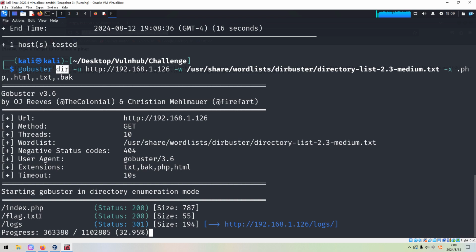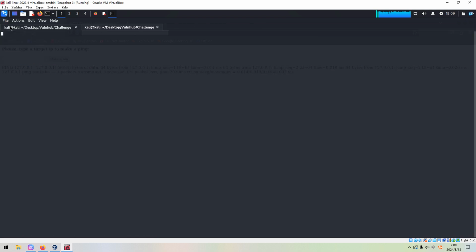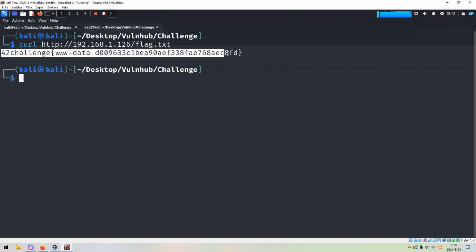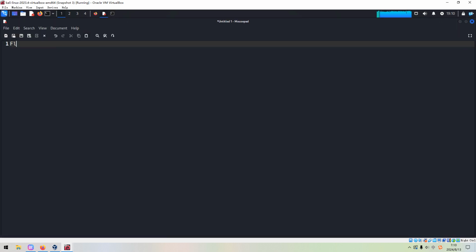As you can see, we can get the first flag. So maybe I can open up another tab. Maybe I can zoom in the terminal so you can see what's going on exactly. We can use Q and flag. So this should be the first flag, right? We can copy and note it down to our notebook. So the flags we can put here.